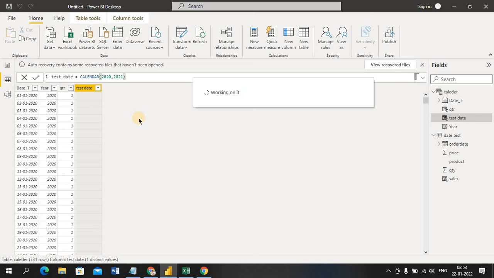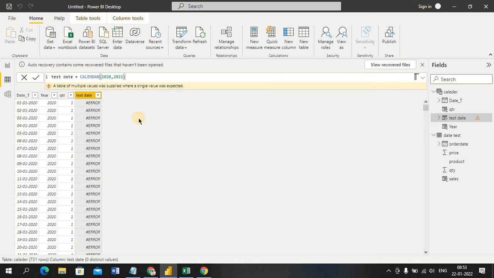Okay, let's see what we'll get. Error, because it's expecting a start date and end date. If you give calendar here, it will ask what the start date and end date are.